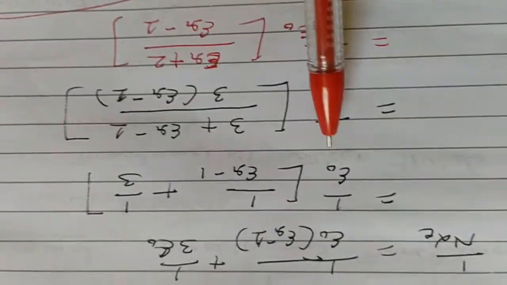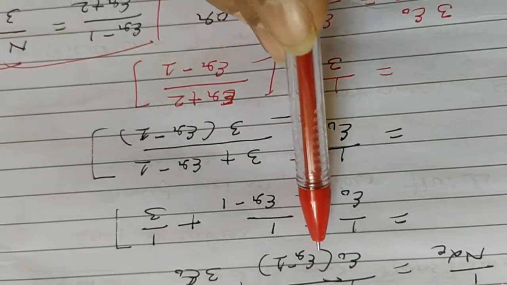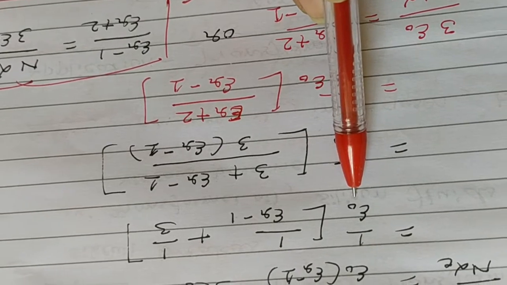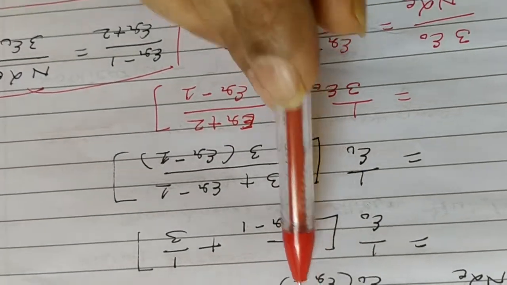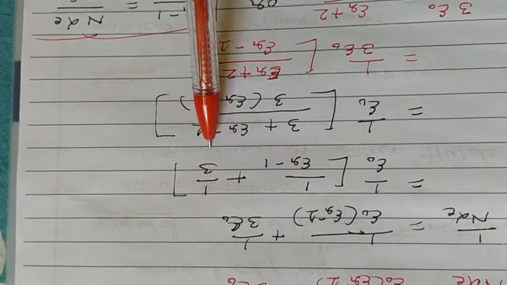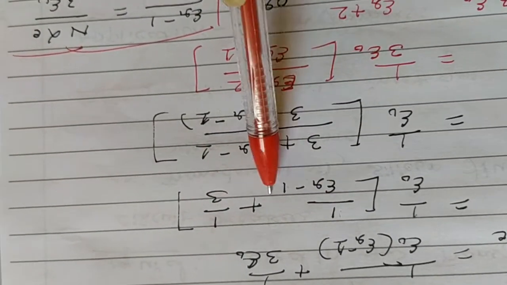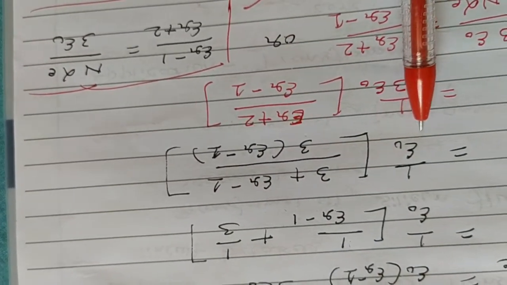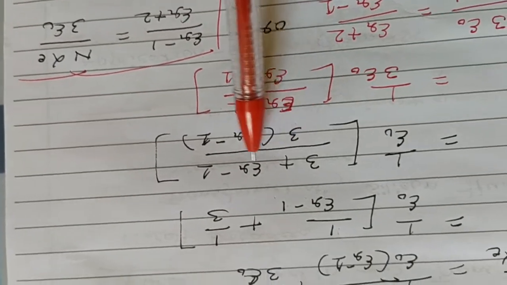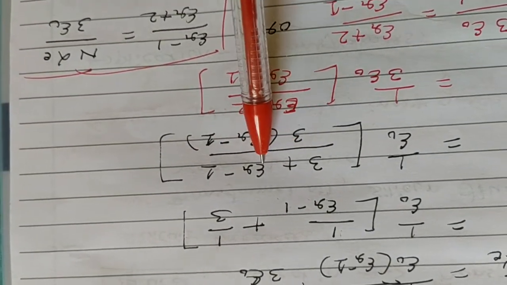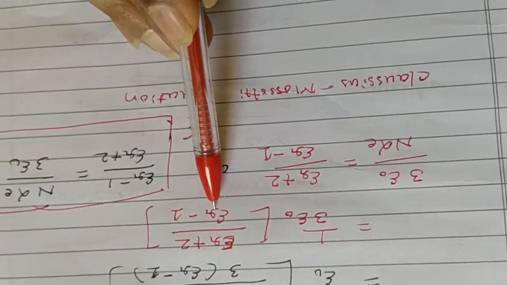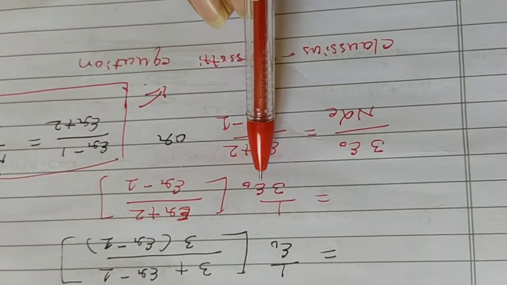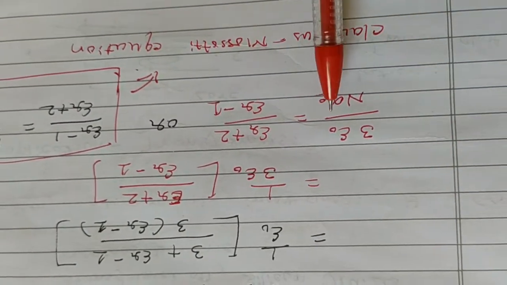Okay, the remaining part is just rearranging the equation. Epsilon naught is constant. On the right hand side, take 1 upon epsilon naught outside. So what remains there? 1 upon epsilon r minus 1 plus 1 upon 3. You cross multiply, so 3 plus epsilon r minus 1 divided by 3 into epsilon r minus 1. This 3 also can be taken outside. What remains in the numerator? 3 plus epsilon r minus 1, which becomes epsilon r plus 2. So epsilon r plus 2 divided by epsilon r minus 1, with the 3 taken outside, leaves 1 upon 3 epsilon naught. Okay, you take this 3 epsilon naught to the left hand side.